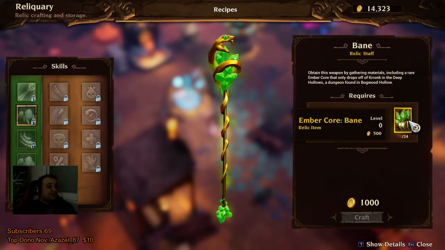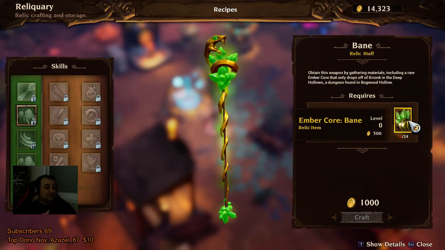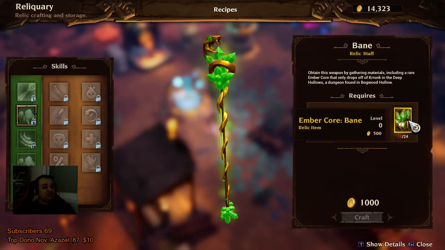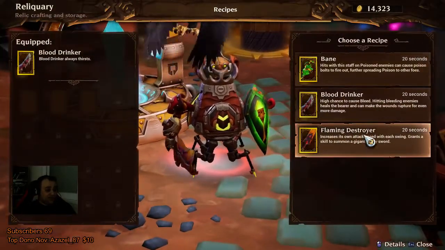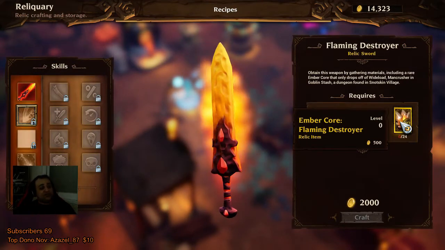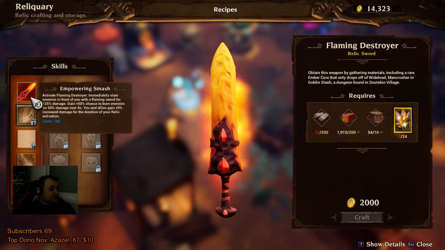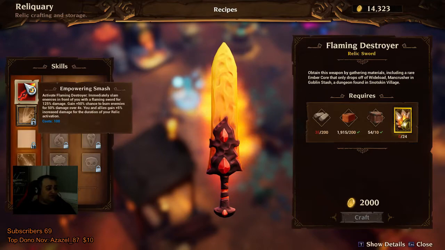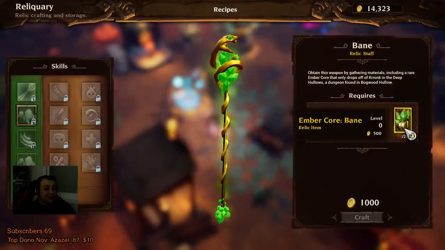And so I started grinding, and that's why my Hybrid level right now, because I've been grinding Hybrid Frontier, is 34, which is quite a lot. So bosses can drop these, and I can assume that in the Goblin Frontier we can get the Flaming Destroyer, that also requires a different type of Ember Core for the Flaming Destroyer Relic weapon. I'm not entirely sure what all of those things can do, but it has the basic skills. So let's focus on Bane, because right now I have 18 out of 24